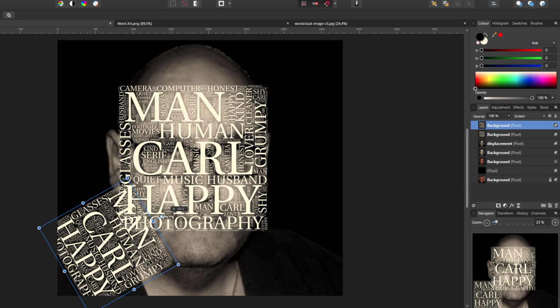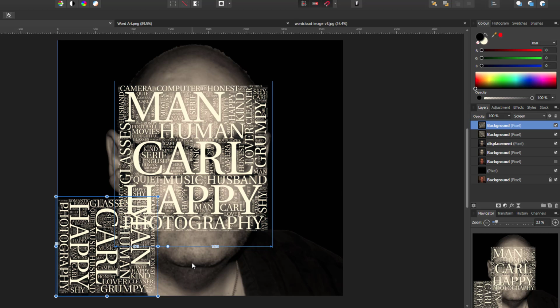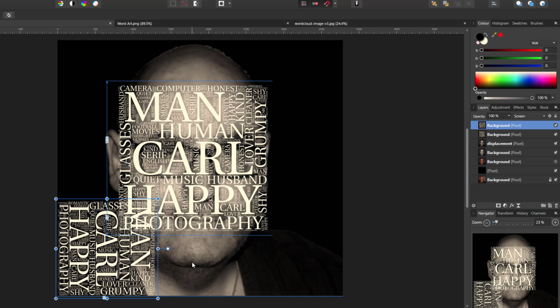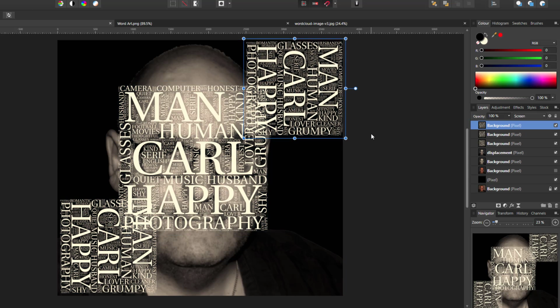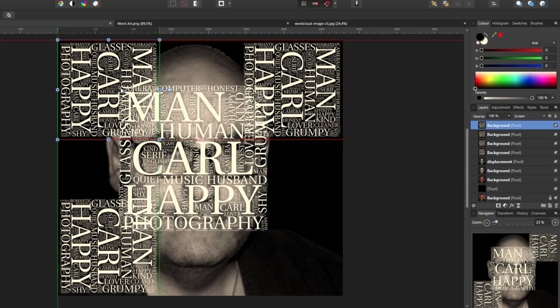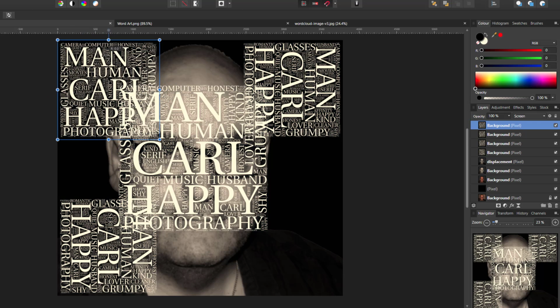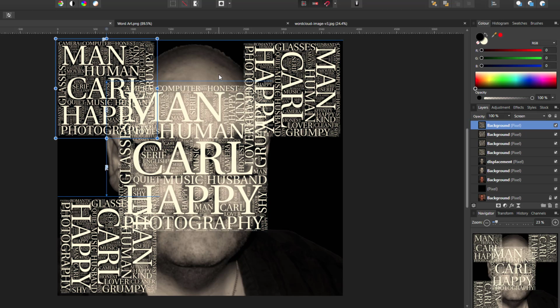So I'm just going to move that round to there, and then I'm going to use the arrow keys just to nudge it up to the edges like that. And then I'm just going to hold down the control key and move that up to that corner. Like so. Hold down the control key again, move that over, hold down the shift key to rotate this, and then just use the arrow keys, get it in position,